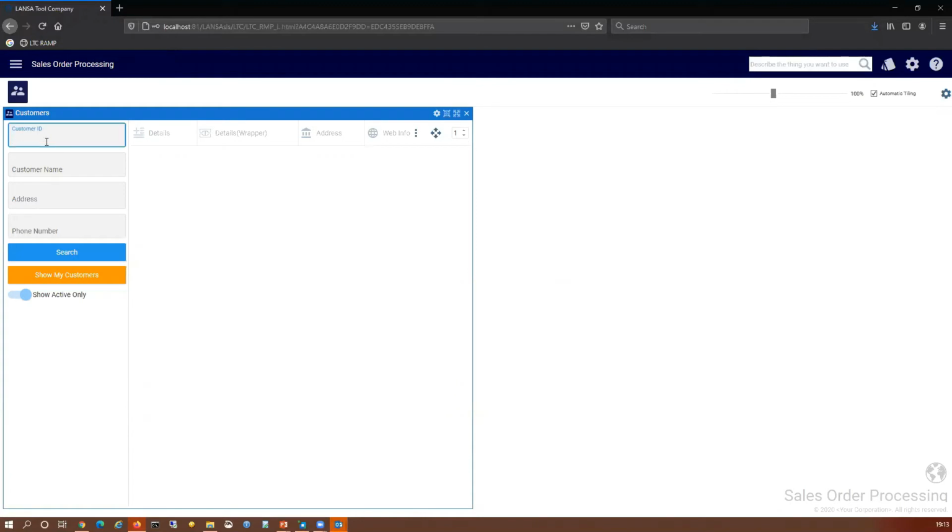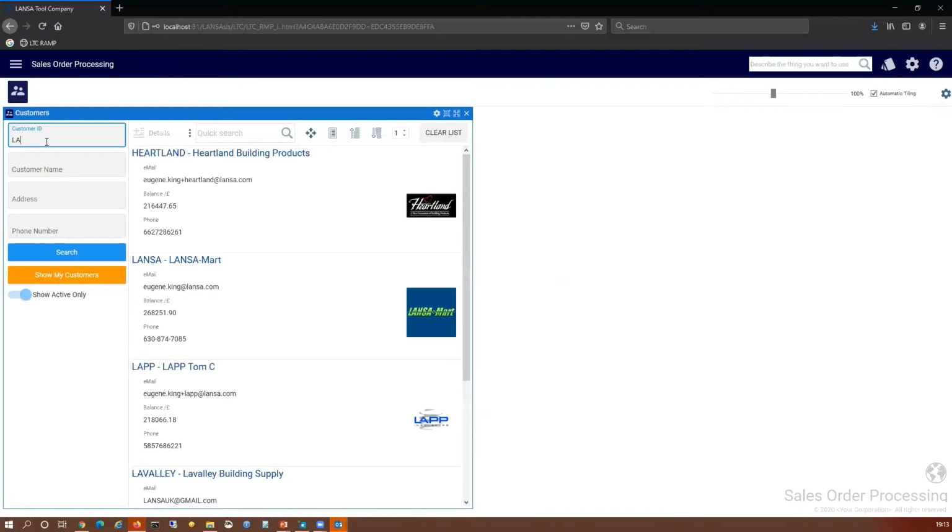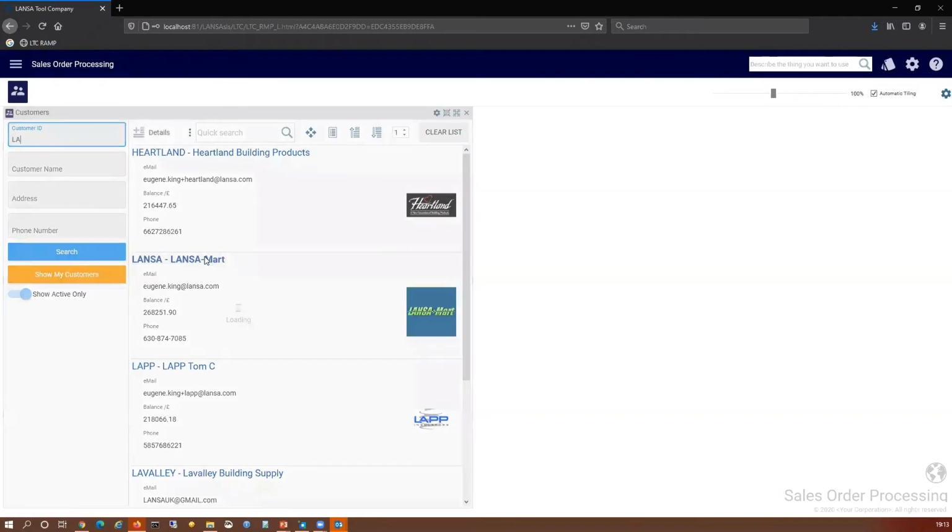So I'm just going to put in a little bit of some criteria there. So LA, just do a search. And that's now gone off to the IBM i, searched the data tables, and brought back the results based on the search criteria. If I select, for example, LANSA mods,